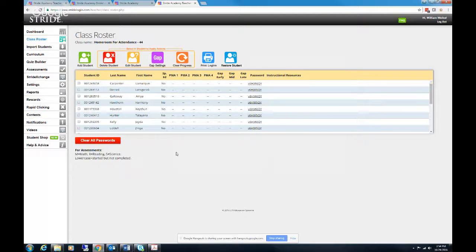You can clear all the passwords, but I don't necessarily know that I recommend that either, because you don't want the kids to accidentally get in behind where they want to be. So if you're trying to let the kids go ahead and log in,